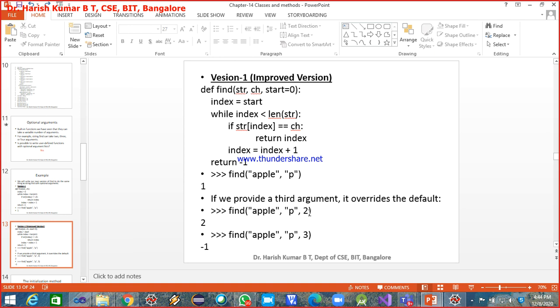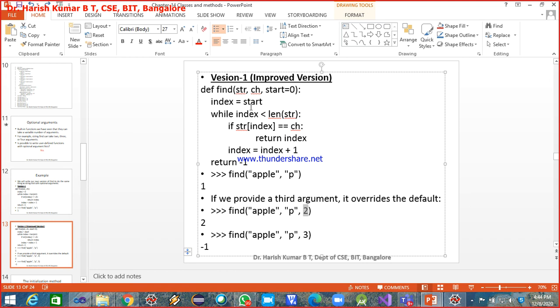Since I am explicitly passing 2, it overrides the default value of start. The index will be assigned 2, and it will start looking for the pattern from index 2, that is 0, 1, 2. From here it starts looking.